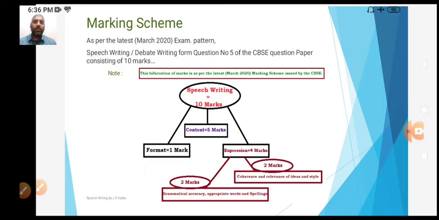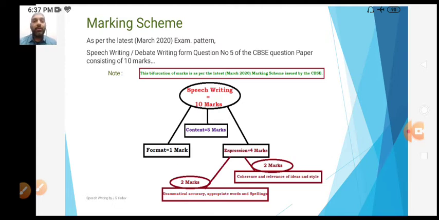Let us talk about what is content portion, which carries the maximum weightage of marks. Content is the examiner tries to check how much you are able to write about the subject which has been given to you. If your ideas, if your points are related to the subject given and they have been coherently compiled together, then you get better marks for your ideas. Expression,